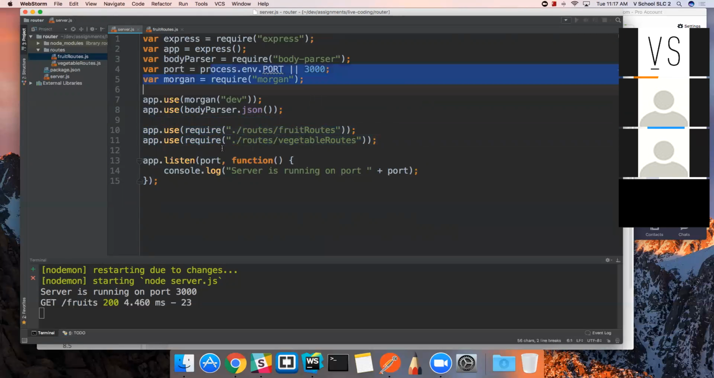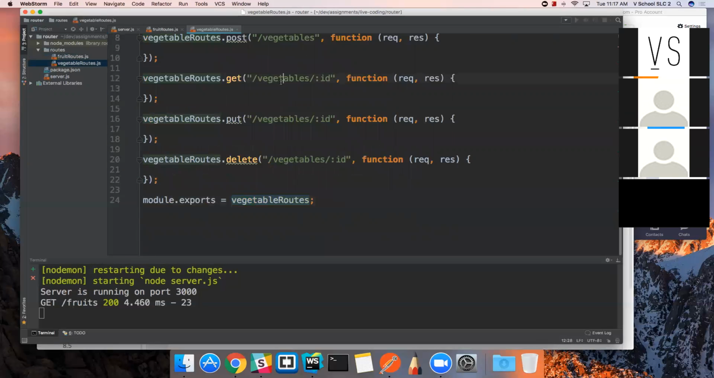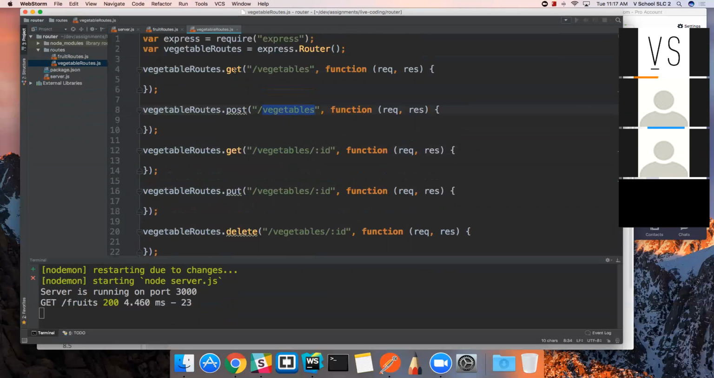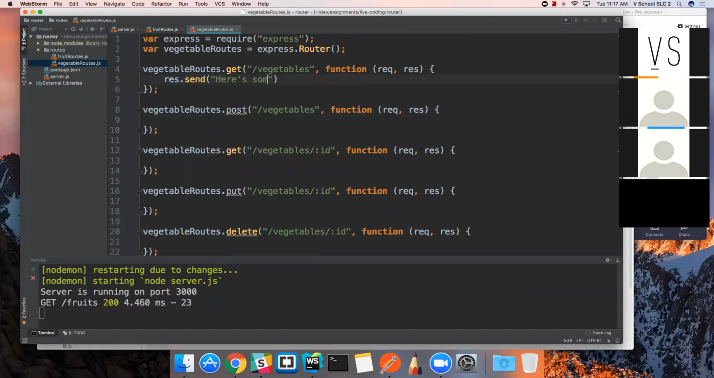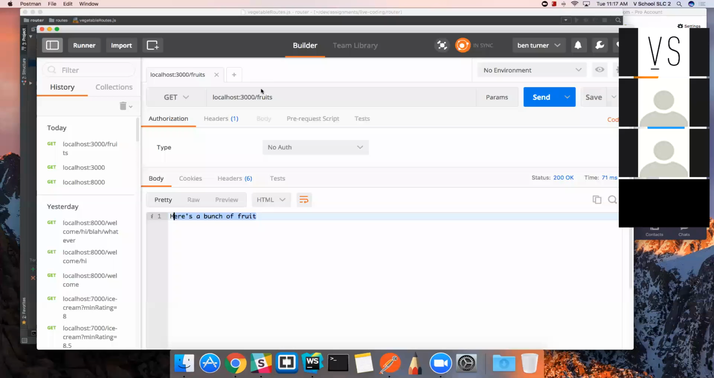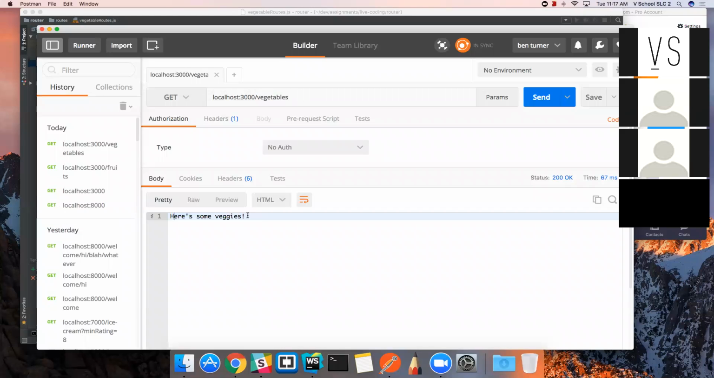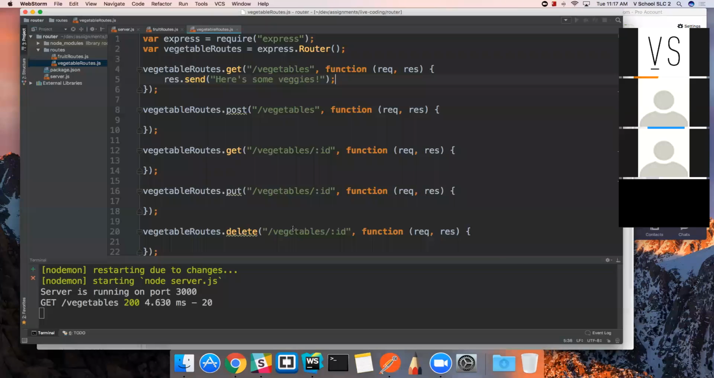Now, the server's going to read just like JavaScript does in the browser, where it goes from the top down. So if I make a request to /vegetables, or what did I call it? /vegetables. Let me do a GET request. Let's say res.send, here's some veggies. Vegetables. Okay, here's some veggies. But